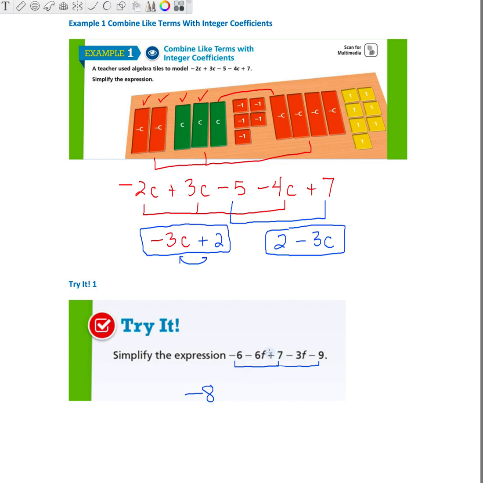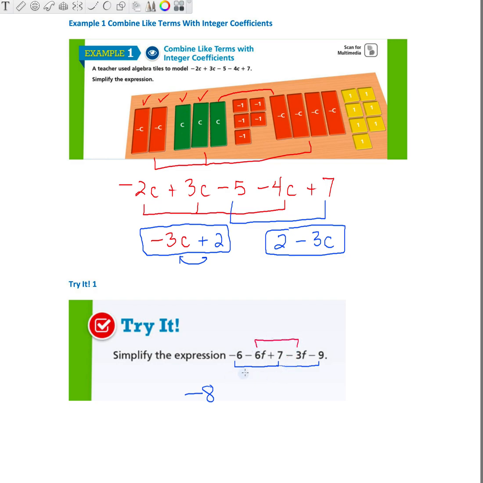Key thing is, keep the sign that is in front of the number with that number. So you can't see this as a 9 here. This is -9. It's definitely not a 9. It's taking away a 9. And now when I combine my constants, I get -8, but now that I have those combined, I need to combine the f term here with